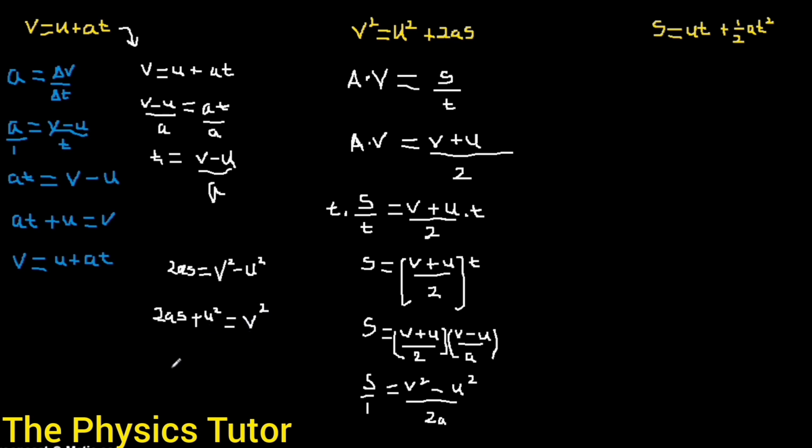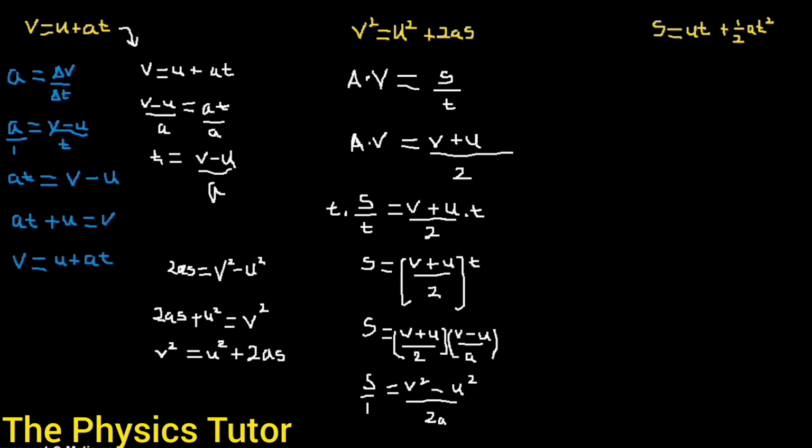This equation can also be written as v square is equals to u square plus 2as, as required. Again, we have proven the second equation, which is the middle equation, v square is equals to